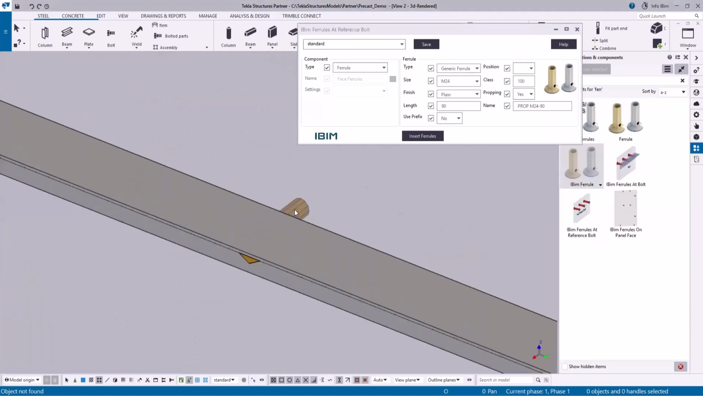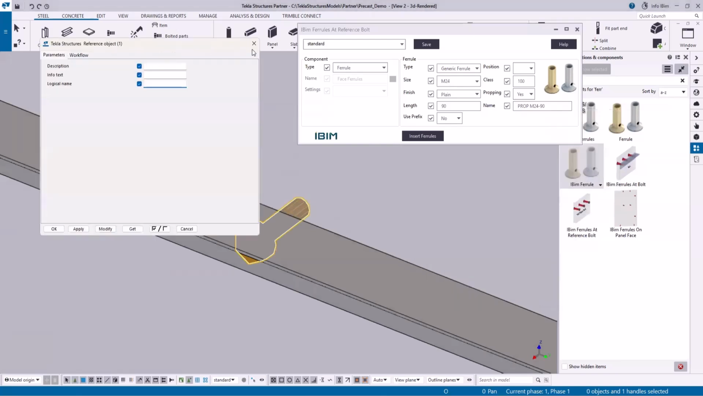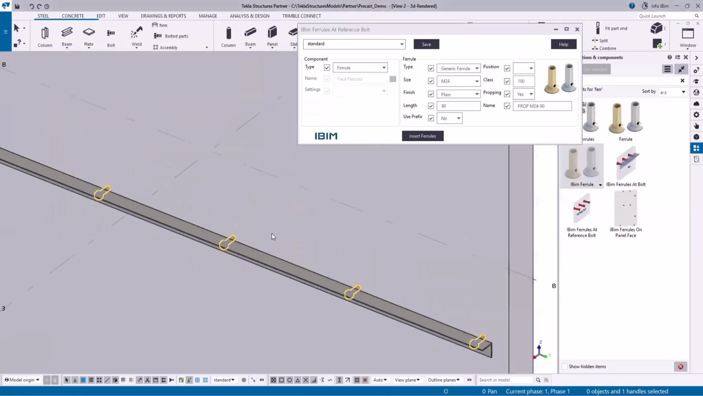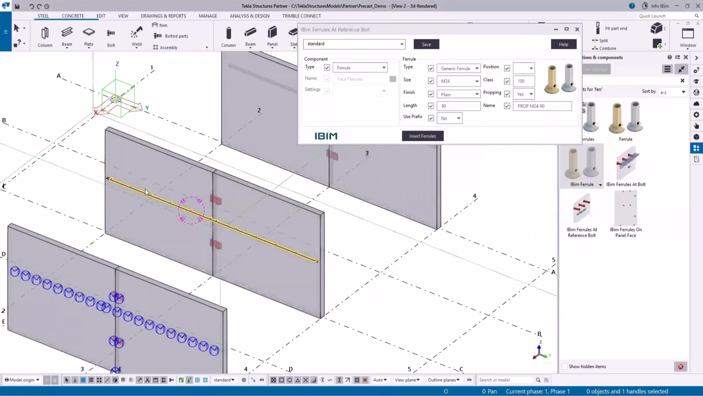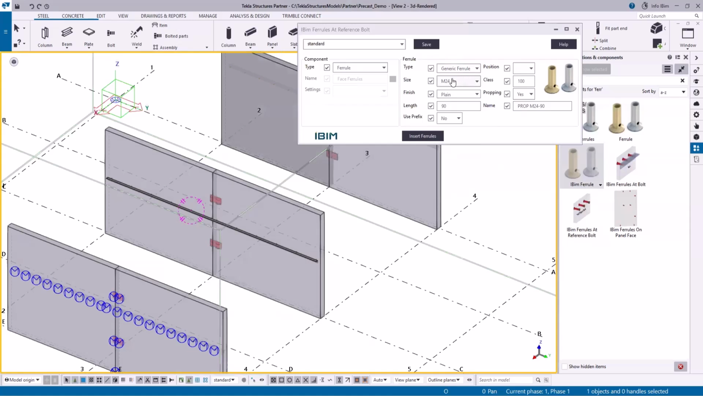So this is the reference bolt. You can see the properties and it runs from first panel to the second panel. Before I use this application, first you have to change the switch to select objects and components, and you have to change the configuration here. Let me select auto and click insert ferrules